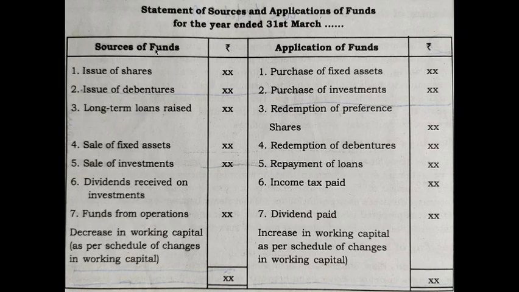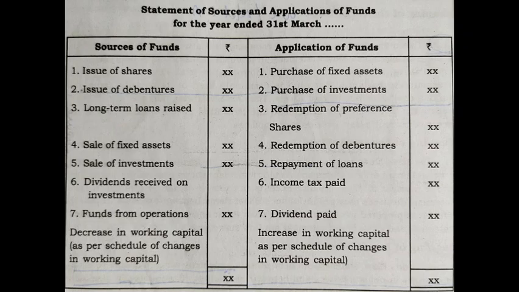In the sources of fund, you can see that issue of shares is written. Usually we issue shares whenever you want to raise capital. So when you issue shares, you can raise capital. Raising capital means your money is increased or cash balance is increased. When you issue shares, you will get cash or money in the form of capital. So issue of share is a source of fund. All those transactions, whether it is for credit or anything else, when the cash balance is increased, it is considered as a source.